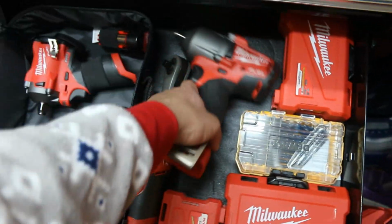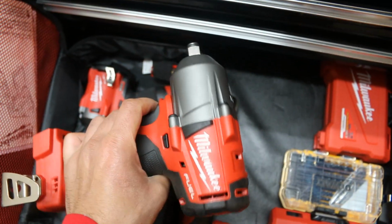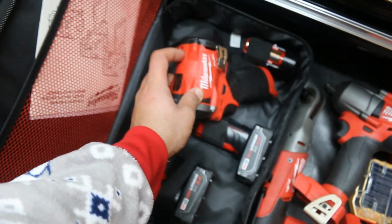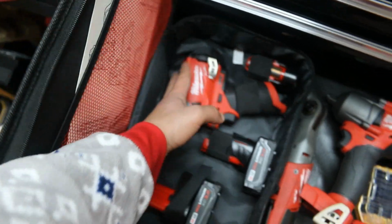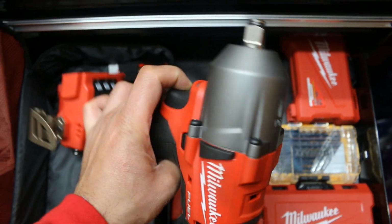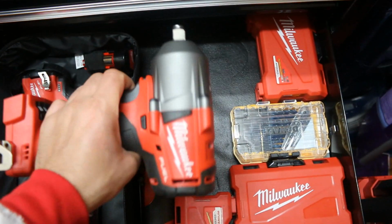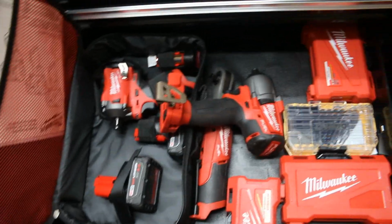And then I also got this 1/2 inch, which I tried to use at its highest settings. You can look this up on YouTube, there's a million videos about this, but it's got 3 settings. I had it on 3, and the settings are adjustable there at the base. And I wasn't able to remove the bolt that holds on the